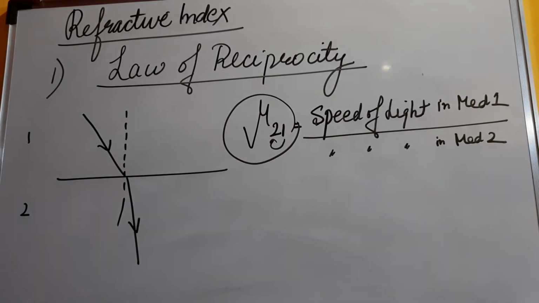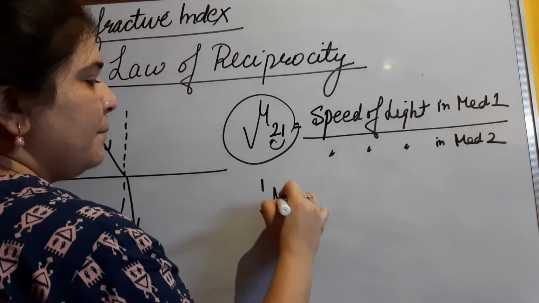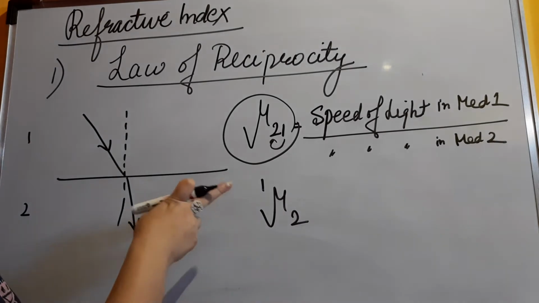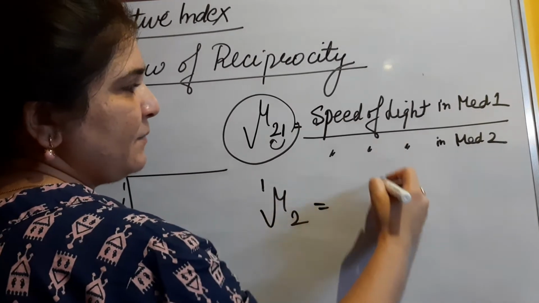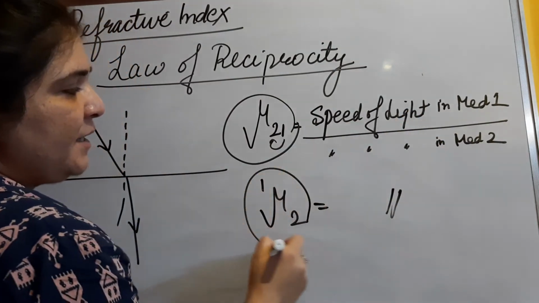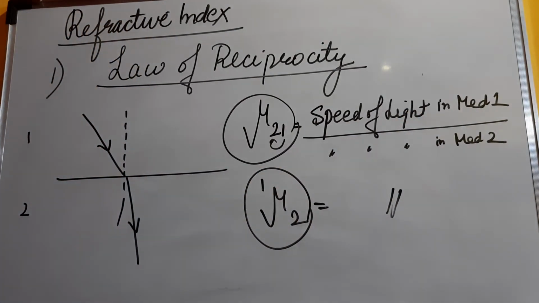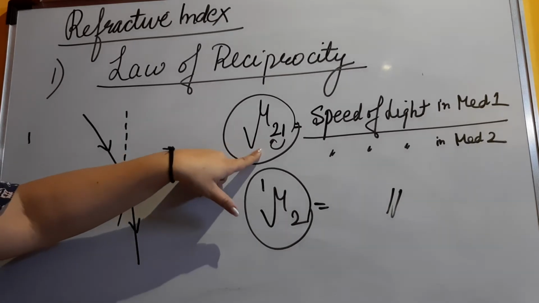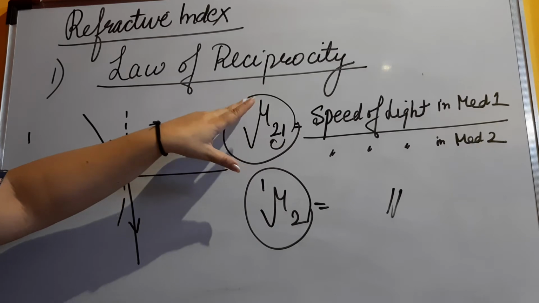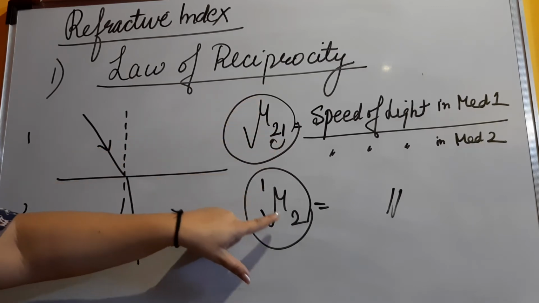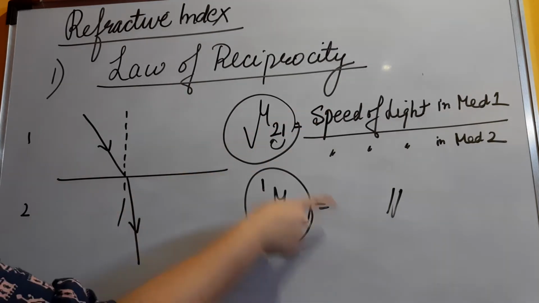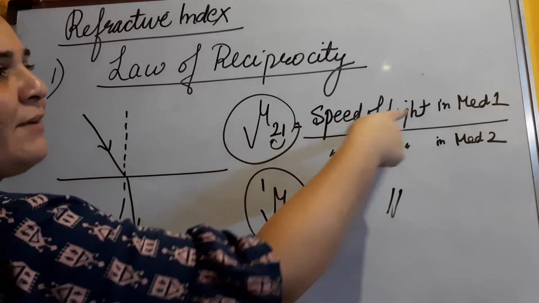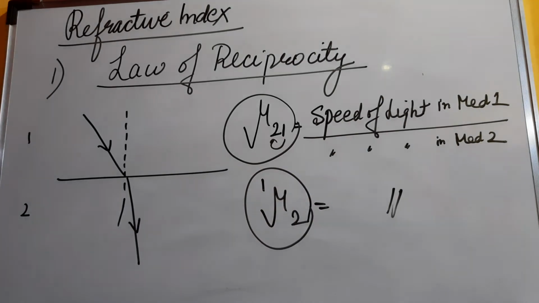And the other way to write it is 1 mu 2. Now this says speed of light in medium 1 divided by speed of light in medium 2. Formula remains the same. This whole thing will remain the same, but the denotations are different. If the light is entering from medium 1 to medium 2, either you will write it like this, mu 2 1, and if you are writing it with 1 above and 2 down, then you will write it as 1 2. So this way it is inverted, this way it remains the same. And the formula for both these denotations will be speed of light in medium 1 divided by speed of light in medium 2.